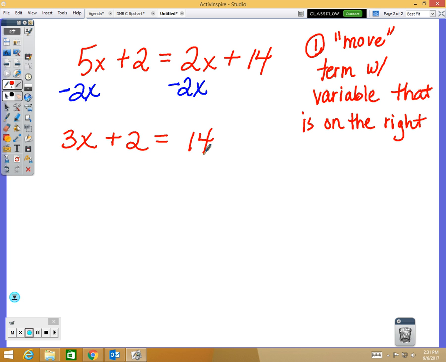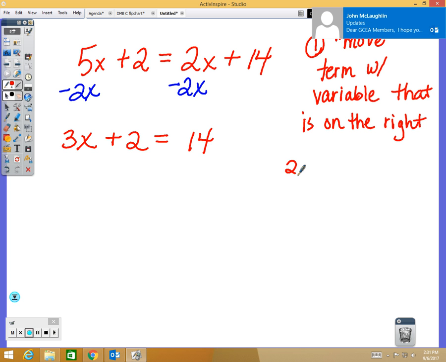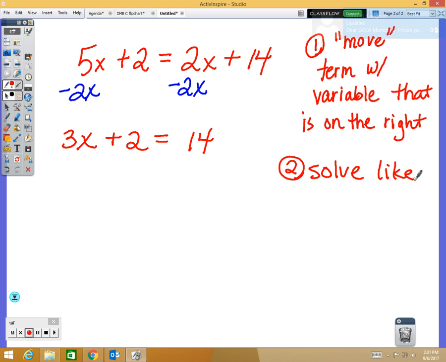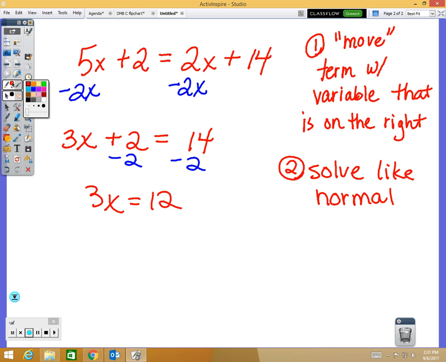After you've done that step, then it should be a breeze. Now it's just a two-step equation. Nothing's different about it now. You just solve it like normal. Solve like normal. So, first step, second step,